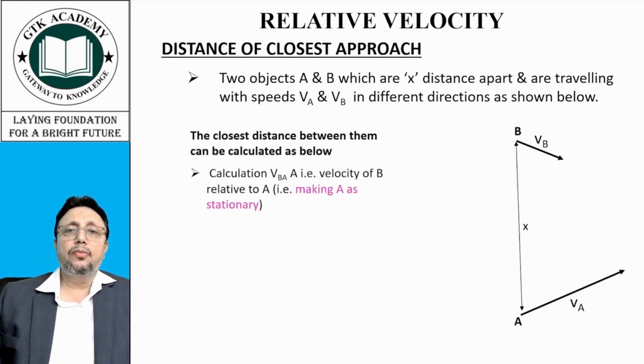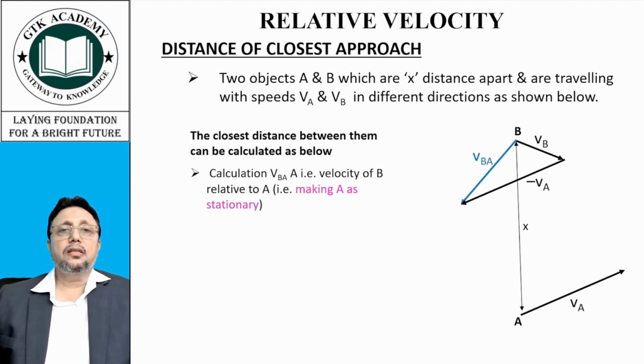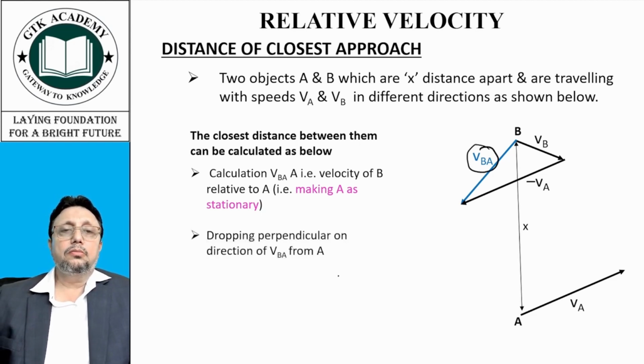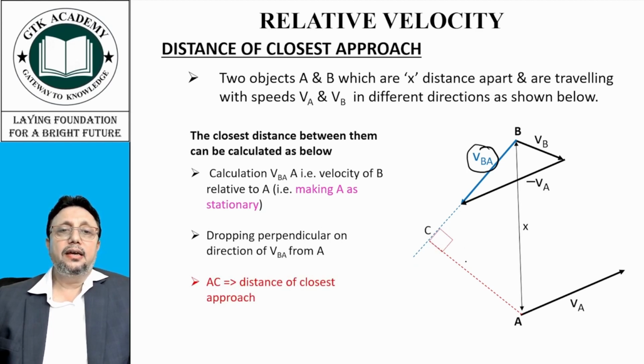Calculate VBA, that means this is VBA, the velocity of B relative to A, that means A is stationary. So you drop a perpendicular from A on this trajectory. This AC is the distance of closest approach,